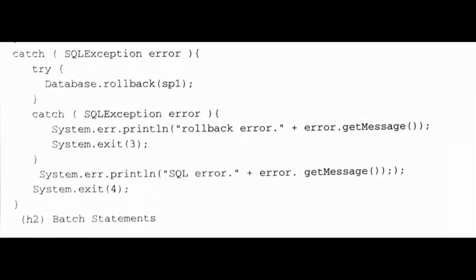Then till where do we have to roll back? That we have to pass over here, that is till sp1. Again, sp1 is the name of the save point. So database dot rollback sp1. Then while rolling back, all the database operations till sp1 will be rolled back.